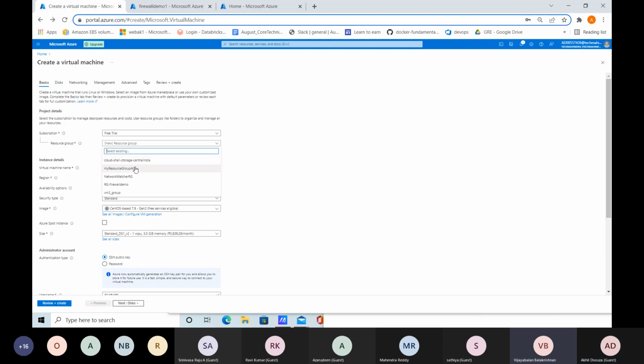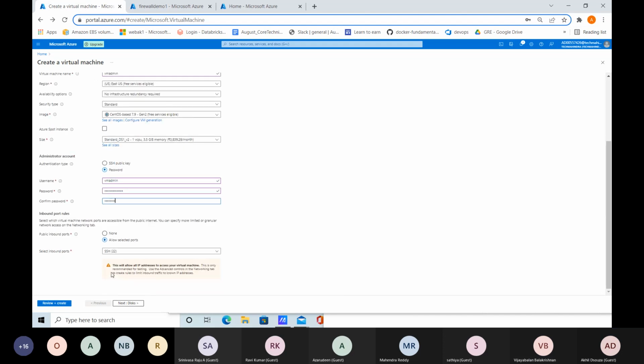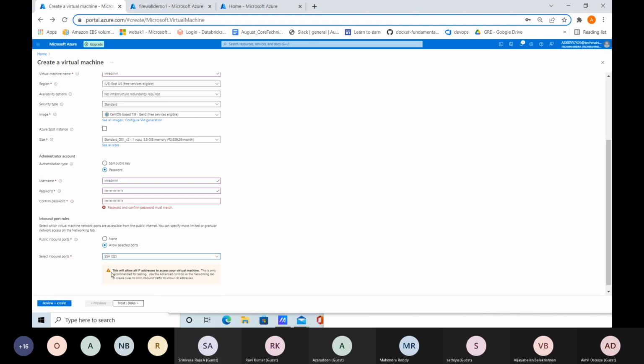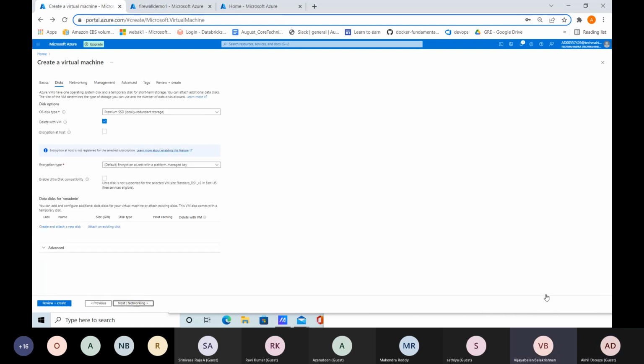Okay. So go with the same resource group, RG firewall demo or whatever resource group. It should be the same resource group. Then only you can get the facility.